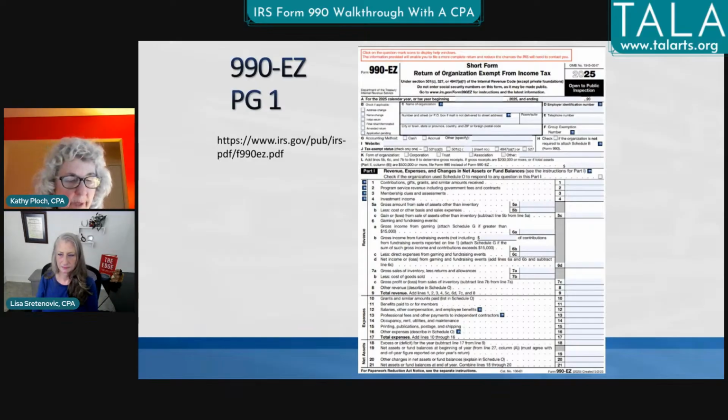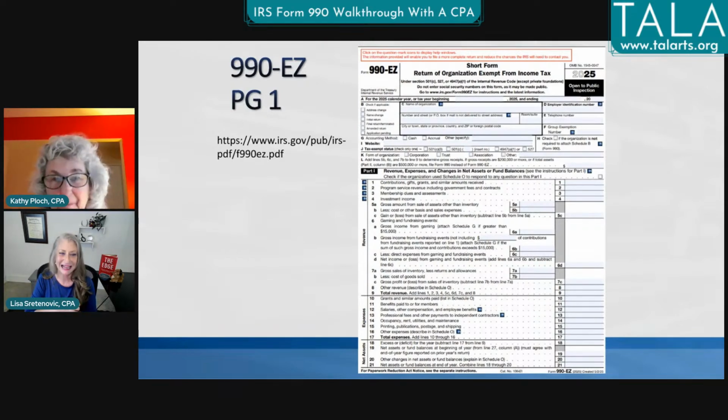And so this is what 6B is saying here. They want the gross income from fundraising events, not including, in my case, $100 of contributions. So in other words, the $100 would go up on line 1 and the $50 would end up on line 6B. So it would be split. Now, do I see people doing that a lot? No.